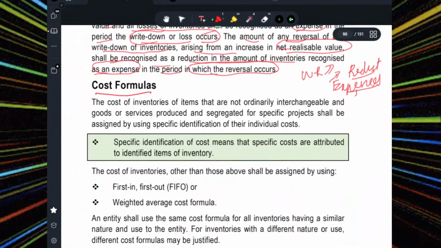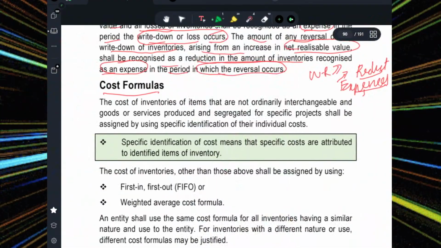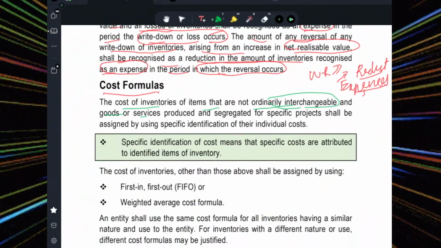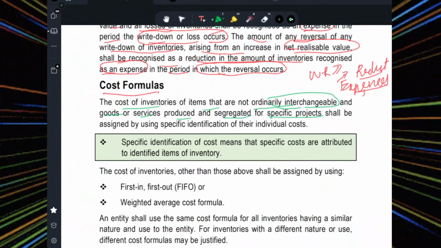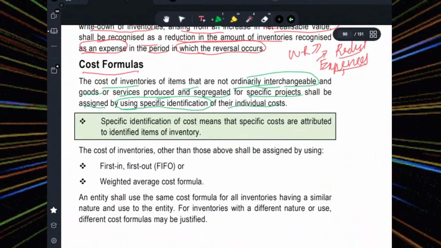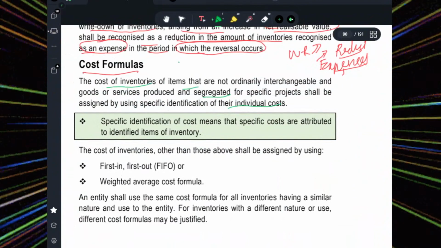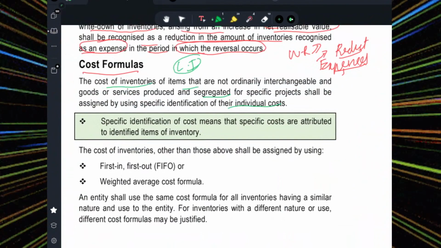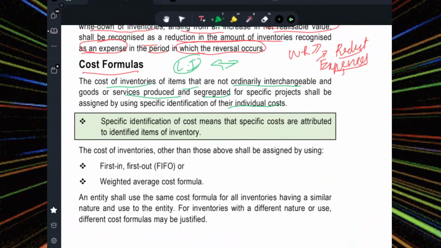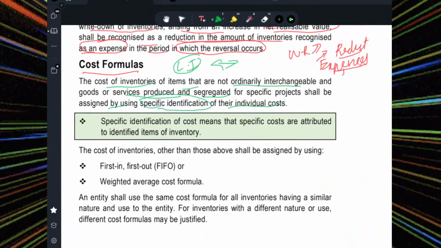Cost formula, what is the cost formula? The cost of inventory of items that are not ordinarily interchangeable, and goods and services produced and segregated for specific projects, should be assigned by using specific identification of the individual cost. So what they are saying is that the cost of inventory we have that is not ordinarily interchangeable, you can't interchange it every year. And goods and services produced and segregated for a specific project shall be assigned by using specific identification of the individual